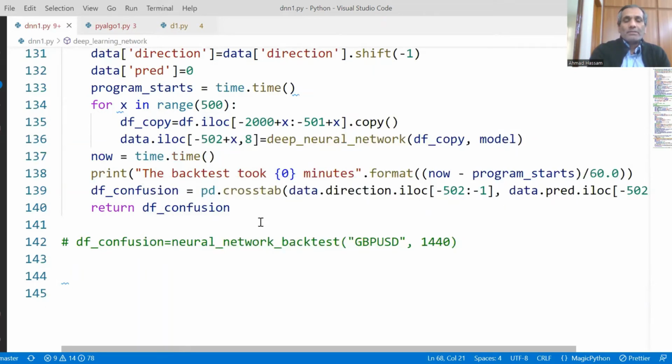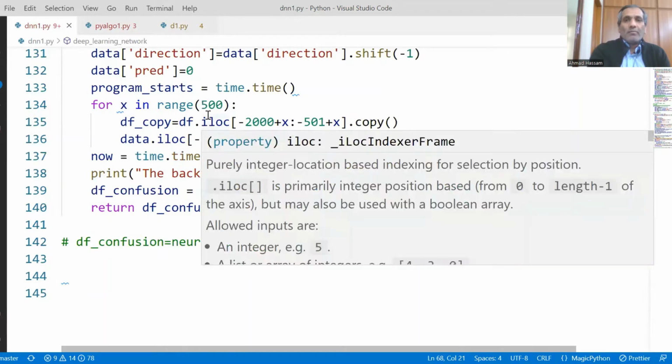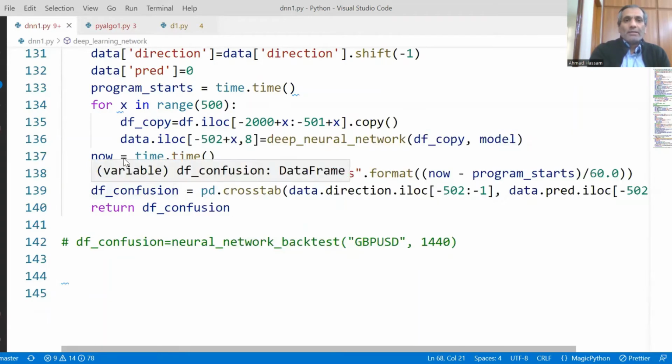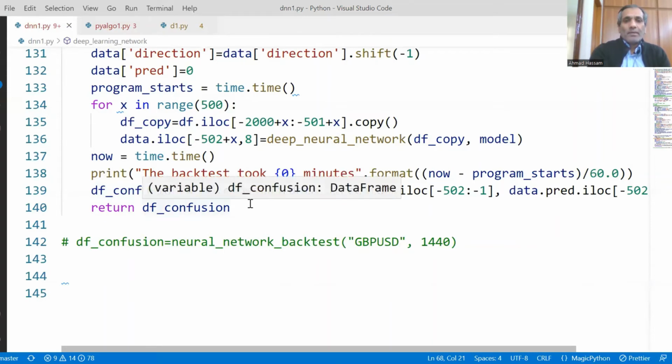It will make that model for each bar and then make the prediction. And in the end, we will just compare the prediction with the actual. So it makes a prediction, tells us how much time the backtest took, and then this df confusion.